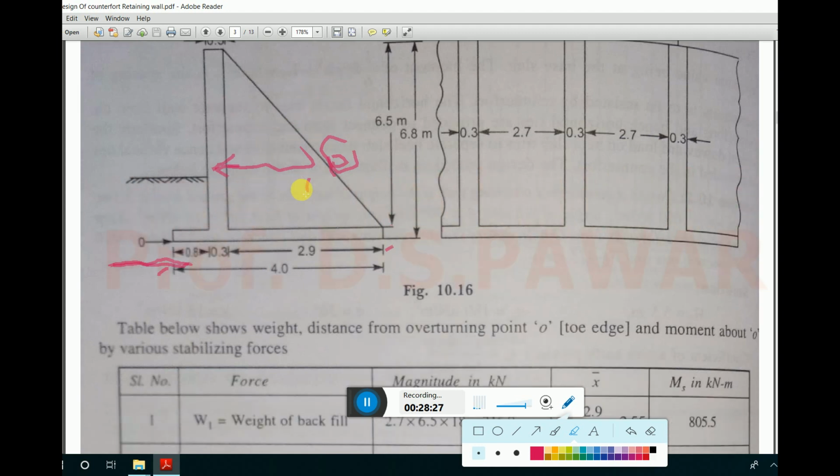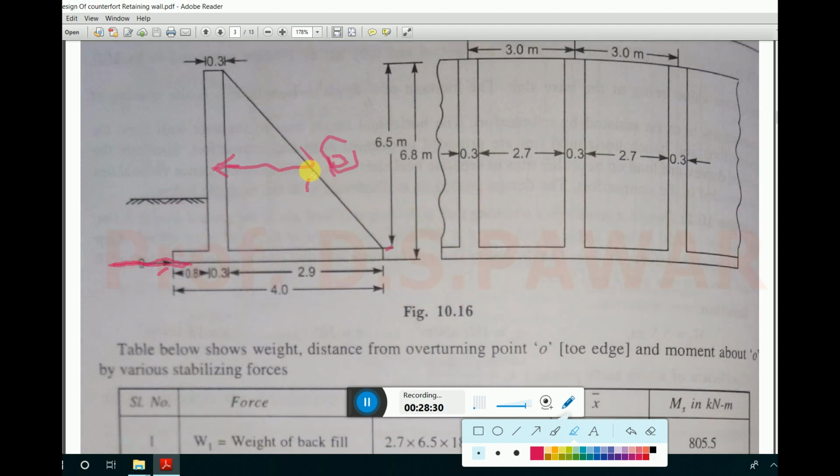And who is going to restrain the structure from sliding? The total self weight of the retaining wall. If the self weight of the structure along with the backfill is more than the horizontal pressure, in that case you can say the structure is safe against sliding. Again IS 456 says that if the horizontal force P and W are equal, the structure is in equilibrium. But IS 456 says this value should be more than 1.4 times. And while considering the value of P, you again have to reduce it by 10%, only 90% of the value you have to consider.